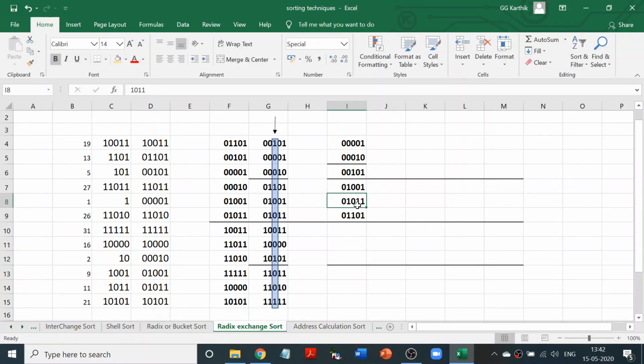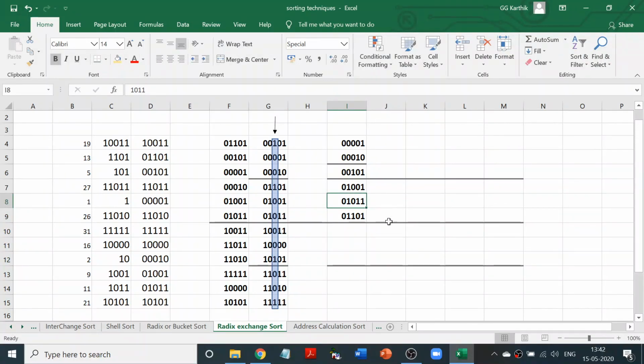So what I will do again, put a division here. So above the lines I have the zeros, below the lines I have the ones, which is the digit we are considering, the third digit. Yes, it's done there. Again we will go here, third digit, 0, 0 is here, 1 is here, so it is going to be the same order, 1, 0, 0, 1, 1. Okay, 1, 0, 0, 0, 0, and then this is 1, 1, 0, 1, 0, 1.